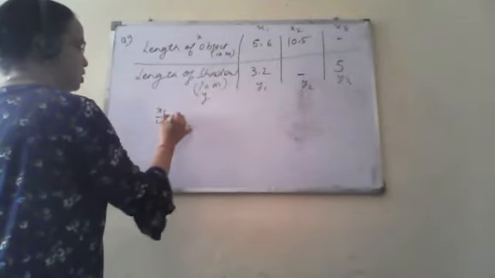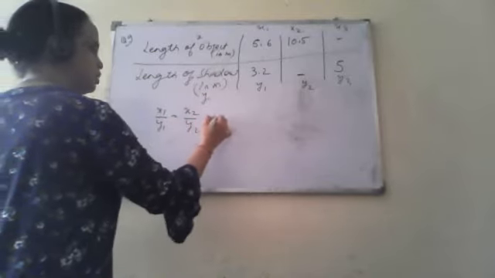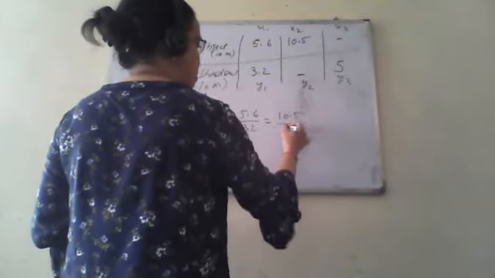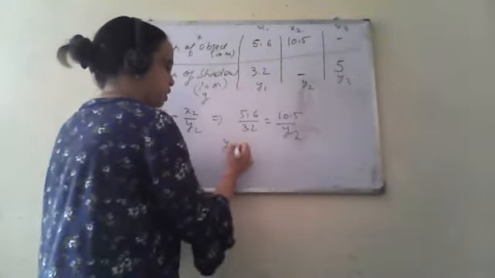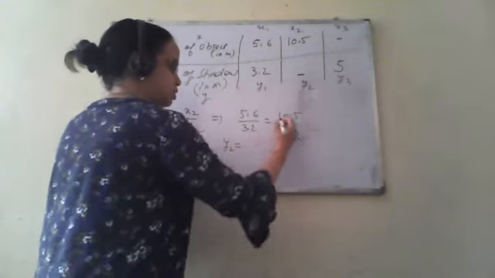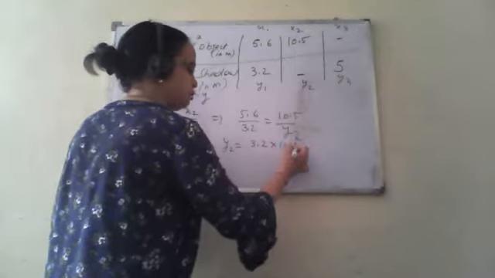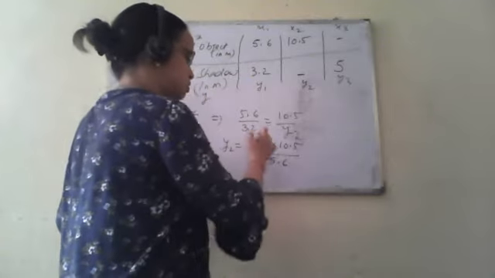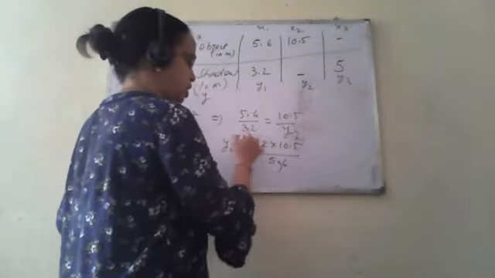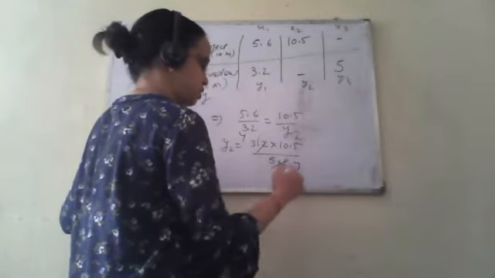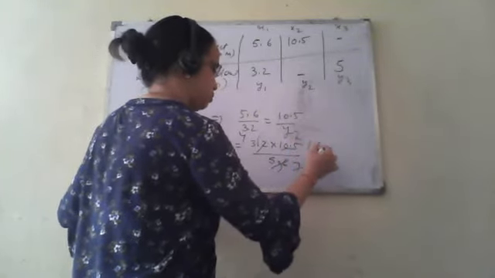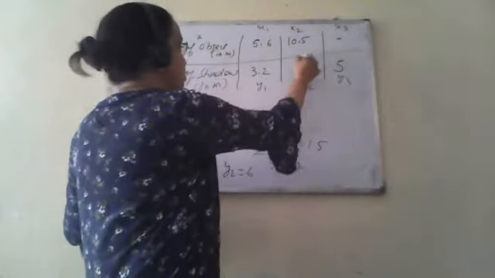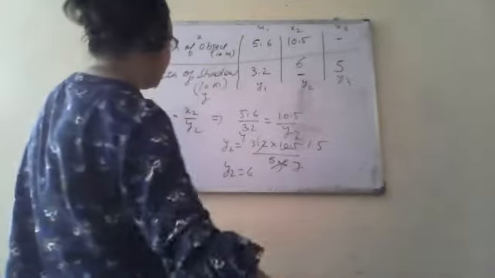X1 upon y1 equals x2 upon y2. It is 5.6 upon 3.2, this is 10.5 upon y2. Clear? So y2 will become 3.2 into 10.5 upon 5.6. Clear? We can cancel, this is 7, and this is 7 into 1.5. So 4 into 1.5 is 6. So the length of shadow will be 6 meter. Now next part,